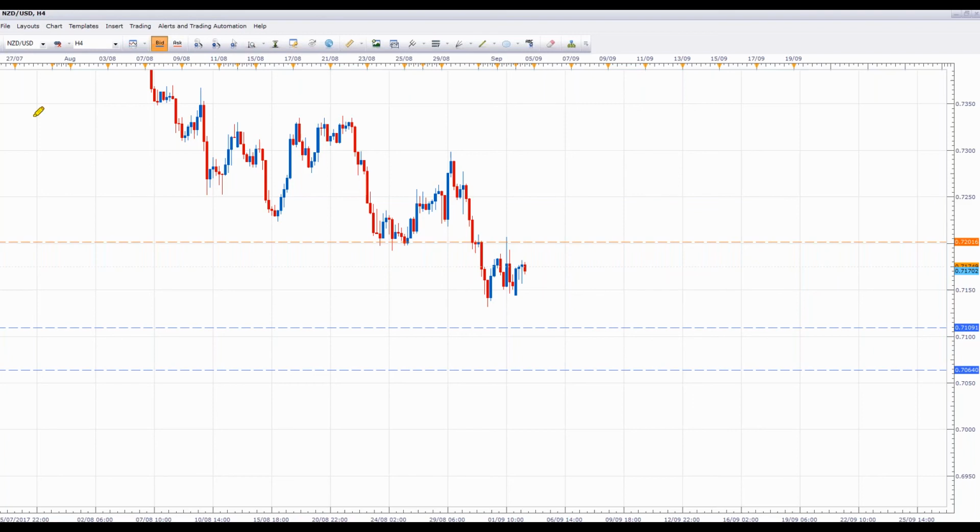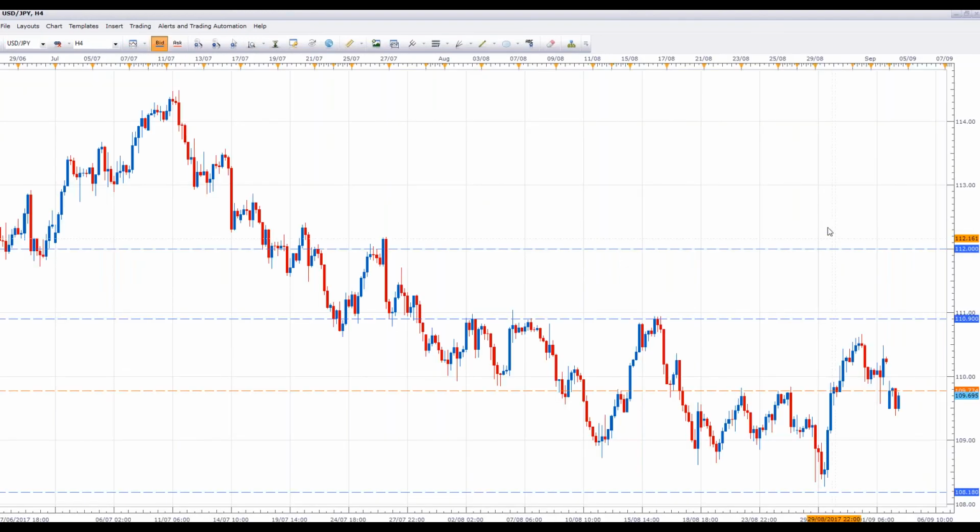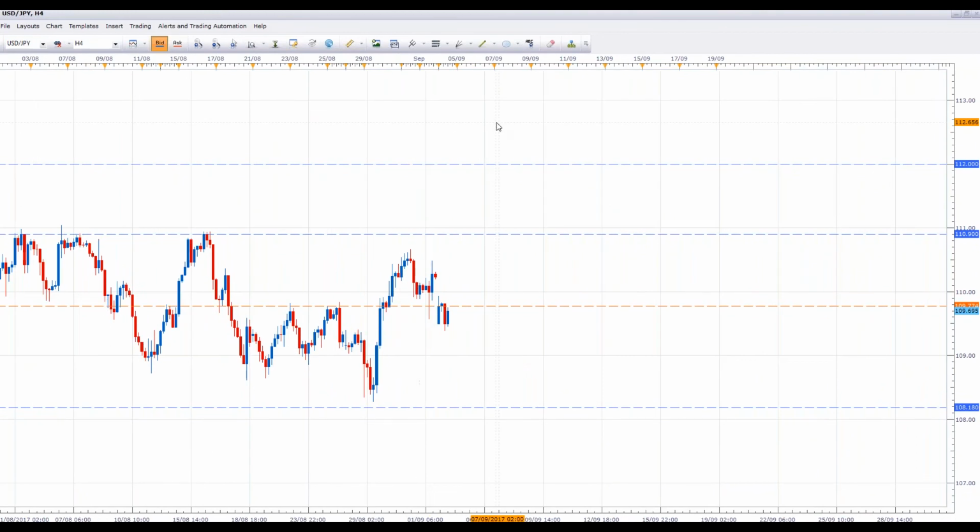So let's go and have a look also at the US dollar Japanese yen, because this is another currency pair that potentially doesn't have major volatility coming into this week. Now you can see in the US dollar Japanese yen, and based on what we're seeing in New Zealand US dollar and the US dollar Japanese yen, you can see that the US dollar is actually setting up for some strength this week. So although we're still in a downtrend, some of the other pairs are maybe giving an early indication of some US dollar strength. But we'll just have to wait and see how that plays out.